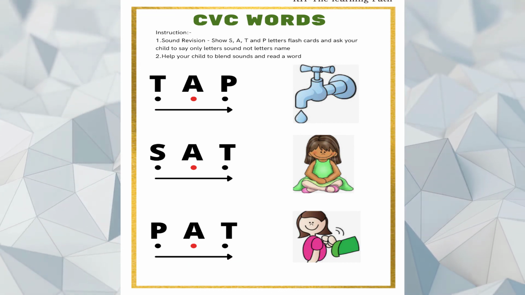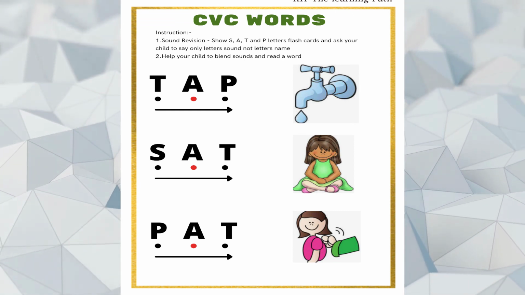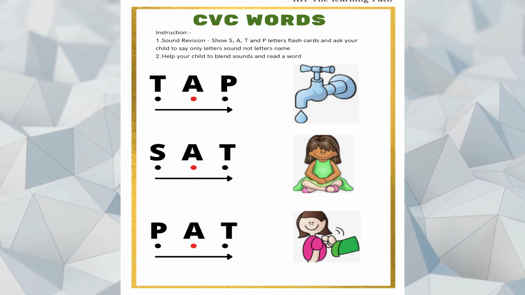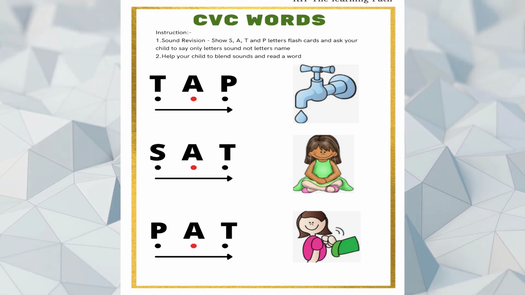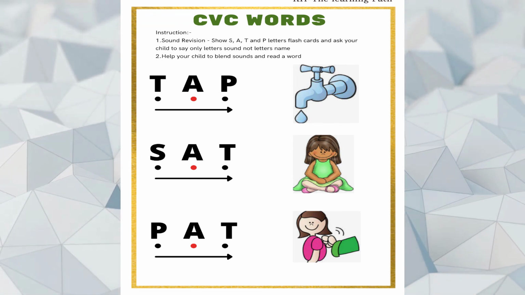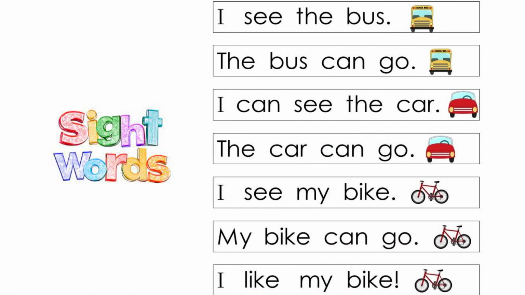Out of S, A, T and P letter sounds, one can make only 3 CVC words. After 2 more lessons, we will complete all SATPIN sounds and your child will be able to read many more words. Make sure they practice sight words at least for a couple of minutes daily as shown in my sight word video. With this, your child will easily read simple sentences at the end of 2 more lessons.